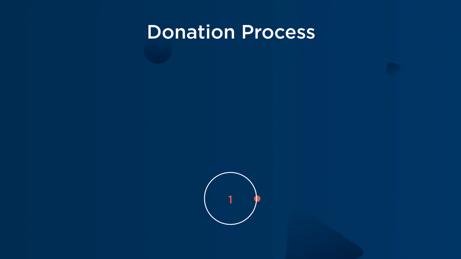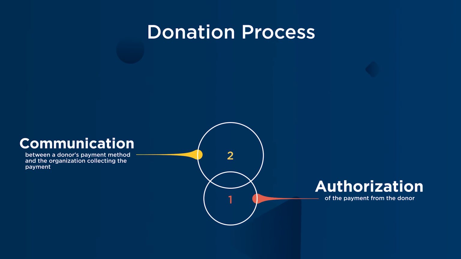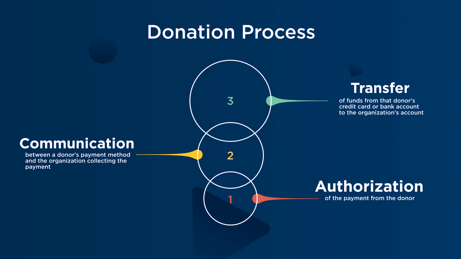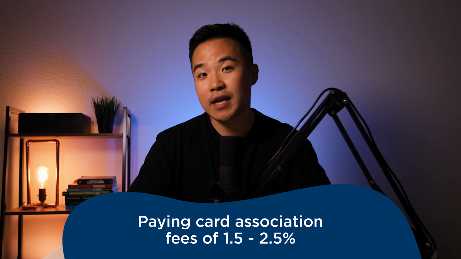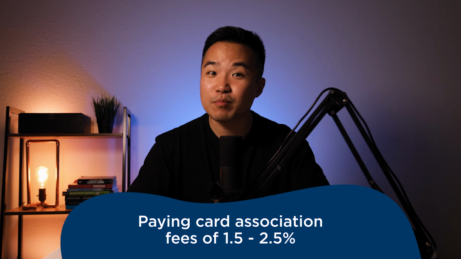When collecting payments for your organization, there are various processes that occur. There is the authorization of the payment from the donor, the communication between a donor's payment method and the organization collecting the payment, and then there's the transfer of funds from that donor's credit card or bank account to the organization's account. Not to mention other processes, including paying card association fees of 1.5 to 2.5% to American Express, Visa,